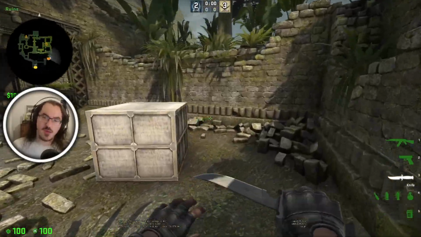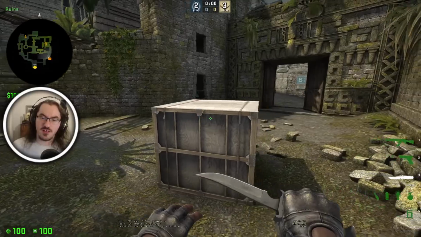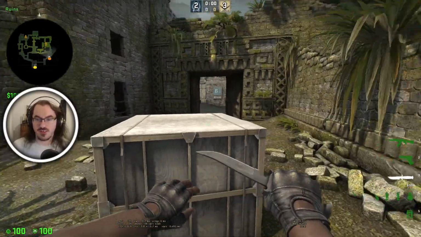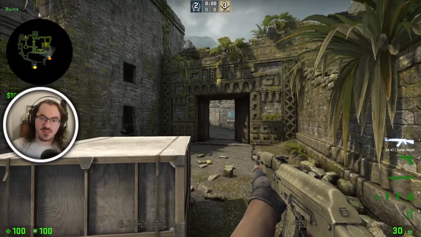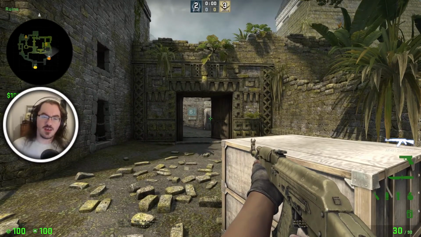And I wanted to call special attention to this crate, which doesn't really feel like it belongs here, but you will wish that there were more of them throughout this map, because there's very little cover of this height level or anywhere in that neighborhood that you can play around certain angles with. And you can't really play around this anyway that much. I mean, you can sort of crouch jump and hold for an aggression,